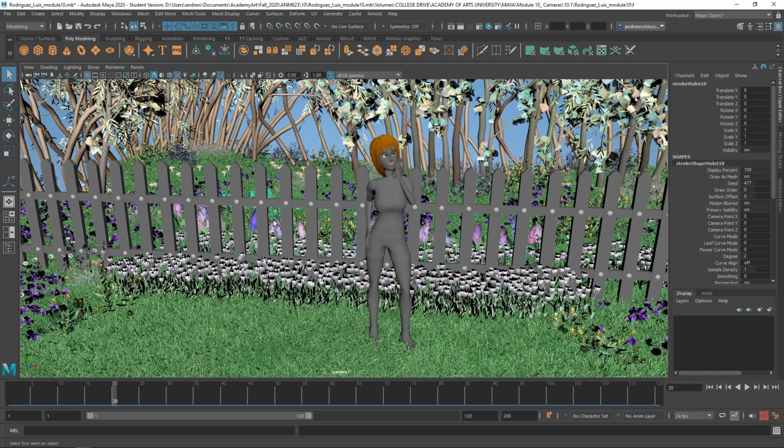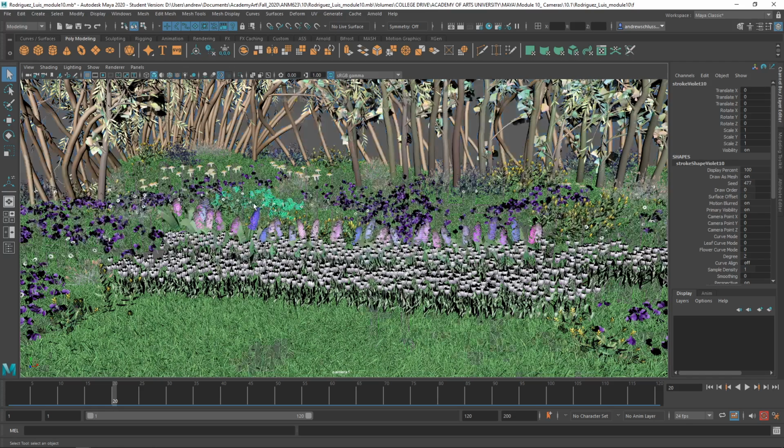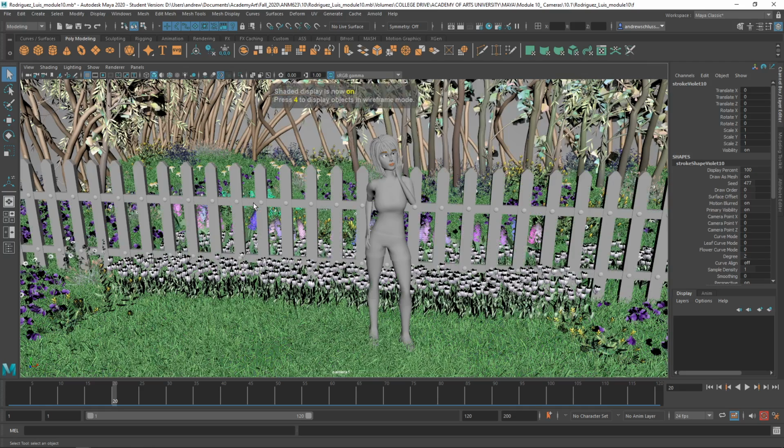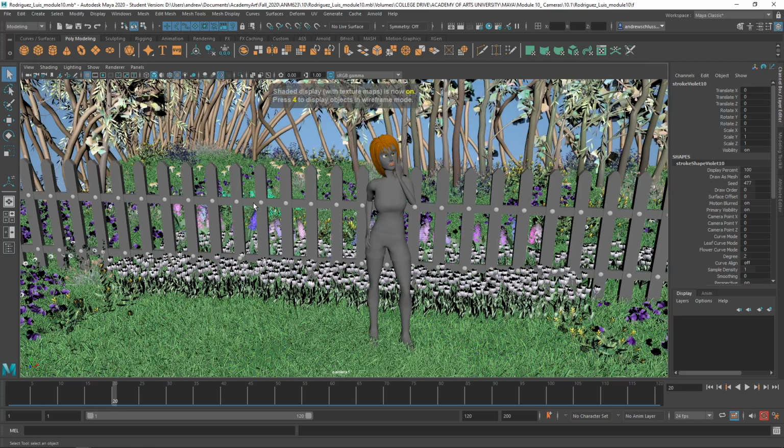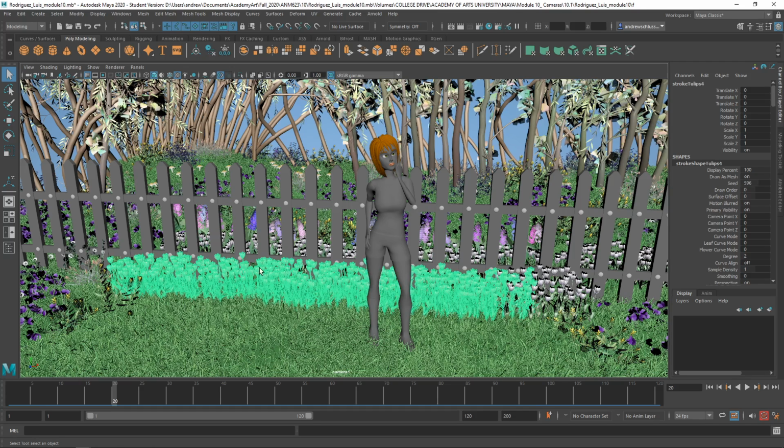So you went nuts with paint effects, and it looks pretty good. It's going to be an issue, however, when it comes time to render, for two reasons. One is a hardware render will probably do okay, although be a little bit slower than normal. But when we do an Arnold render, paint effects will not render. They do not show up in an Arnold render, and the final render for this class